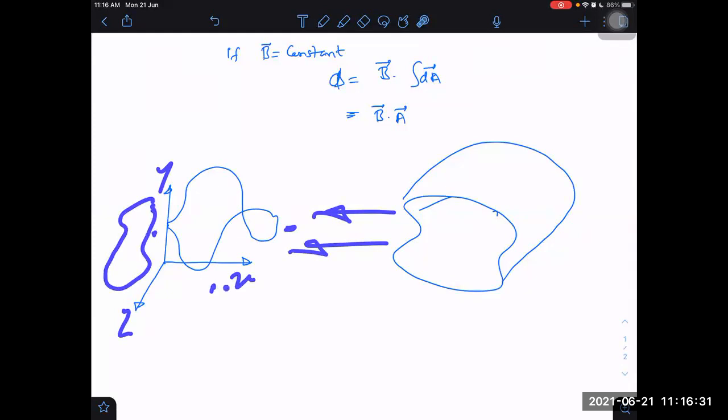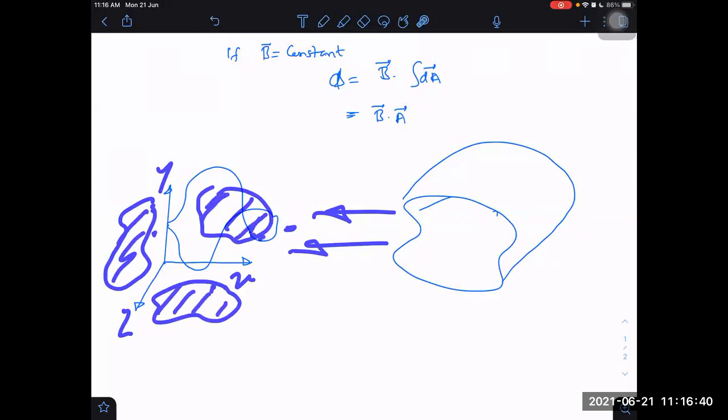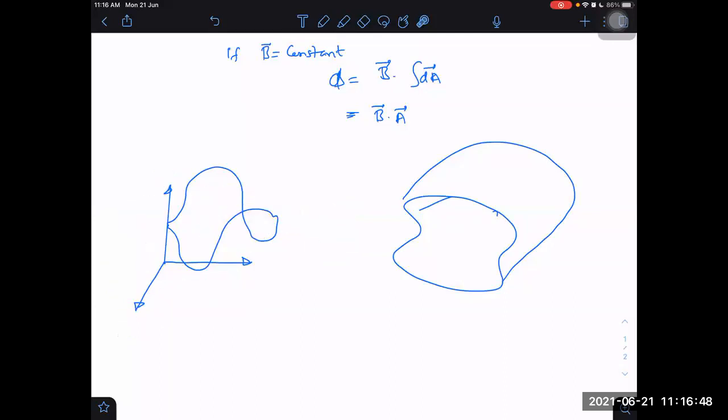Then take its projection in the XZ plane. Let us say it comes out to be this. Then take its projection in the YX plane. Once all these projections are taken, then we are getting those area vectors, because we have 3 components of area vectors. Now you may ask how to take the projection if it is very complicated. Obviously, if it's some complex function which we don't even know what that function is, we can't take the projection. But therefore they will not ask such questions also.